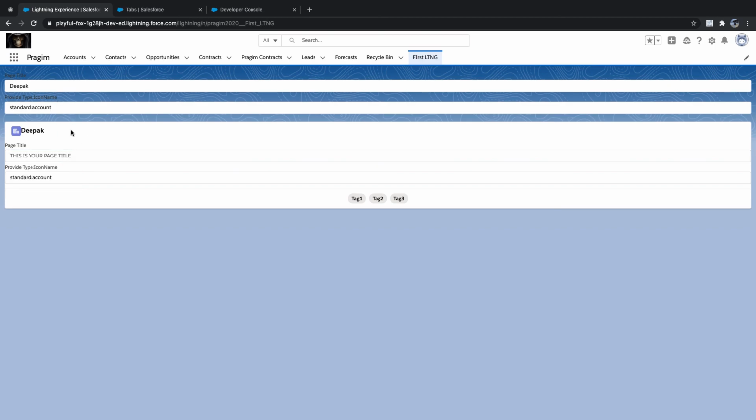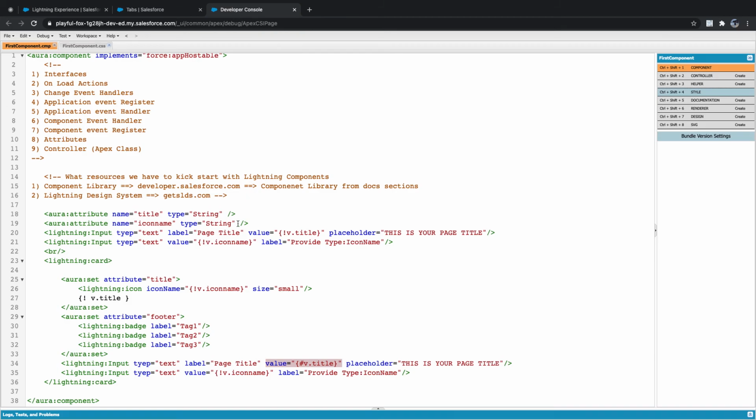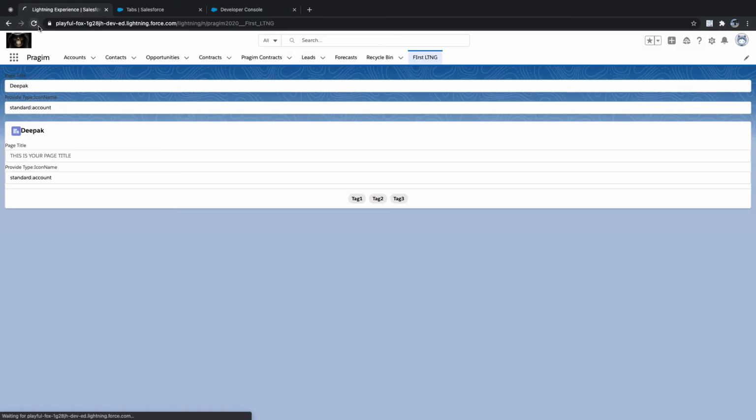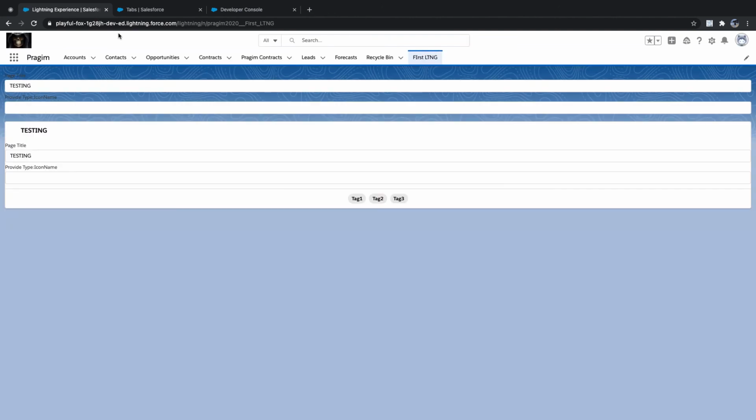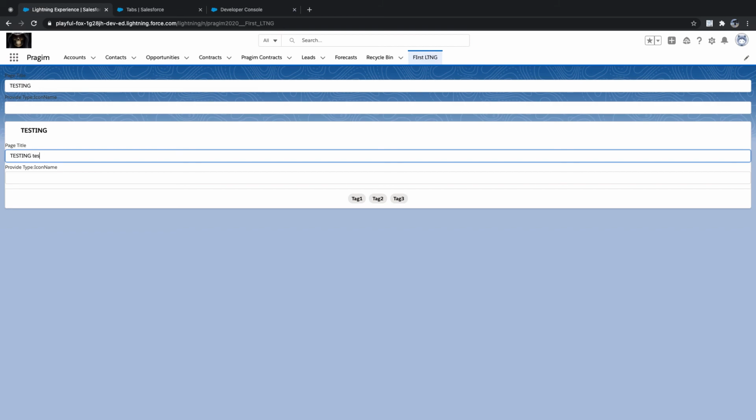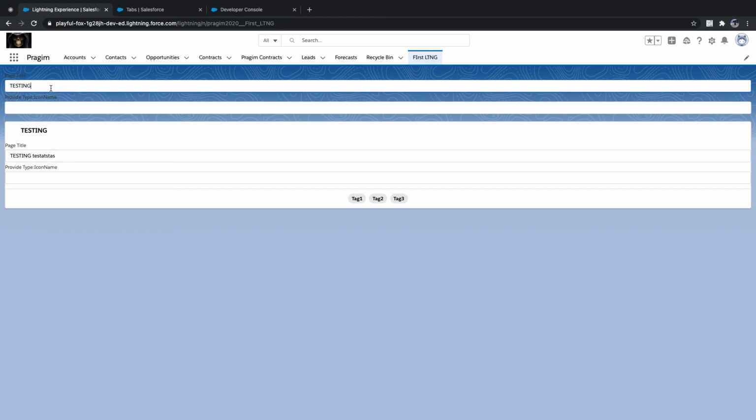This is called one way. Let's say data loads with a default value, default testing, then only for the first time, whenever the page loads, the assignment will happen. After that, this will not happen. We can see this happened. Say test. Whatever I do, it never updates. But if I do anything here, it updates. Clear? Any questions?